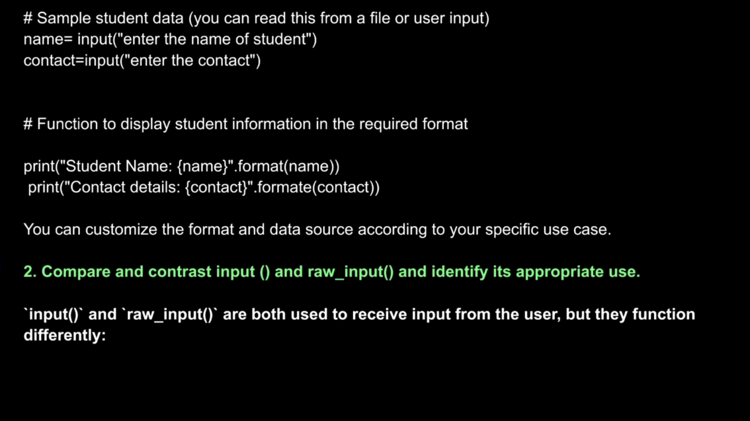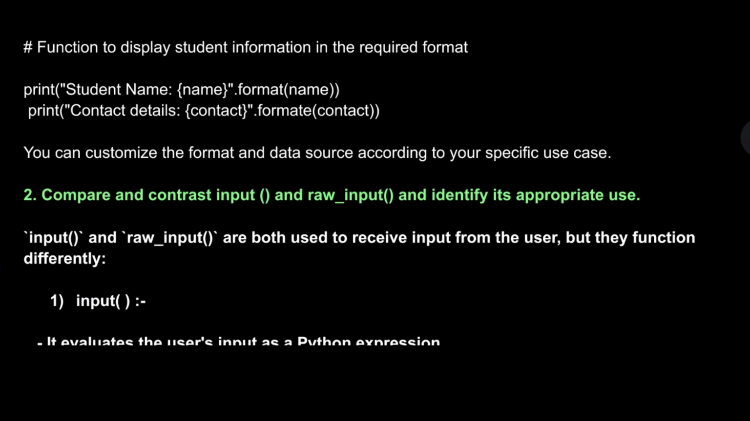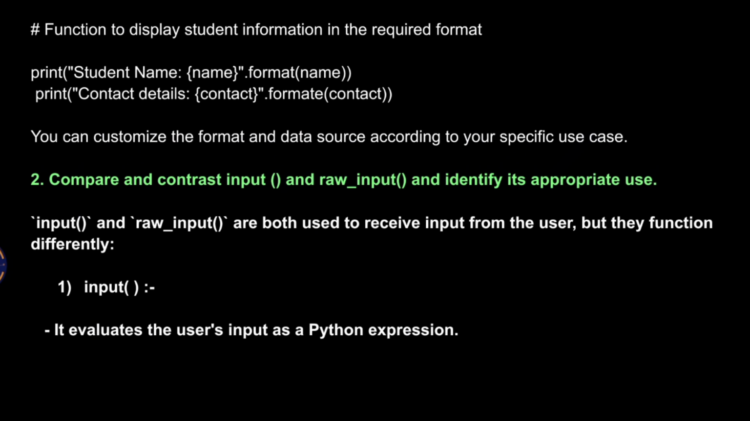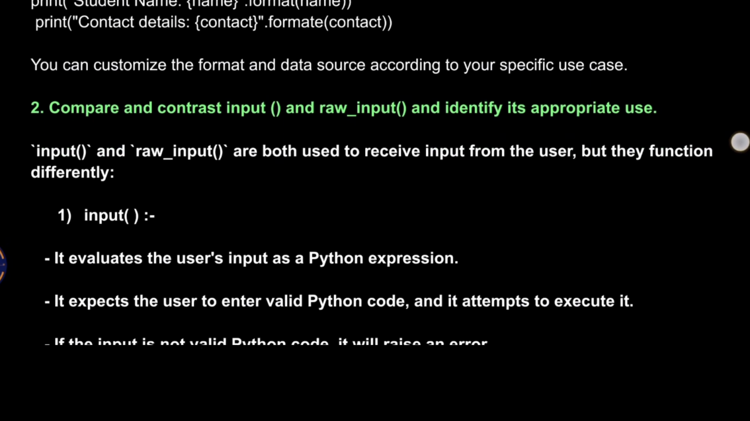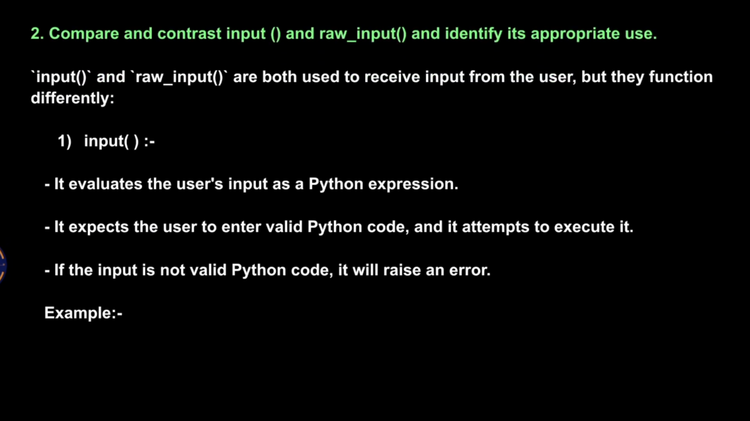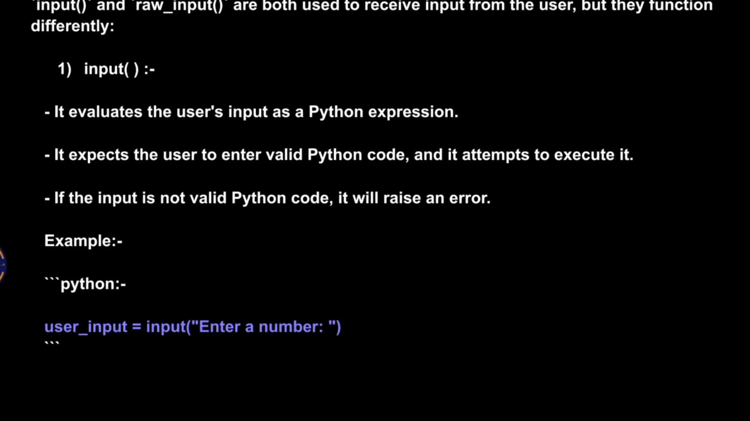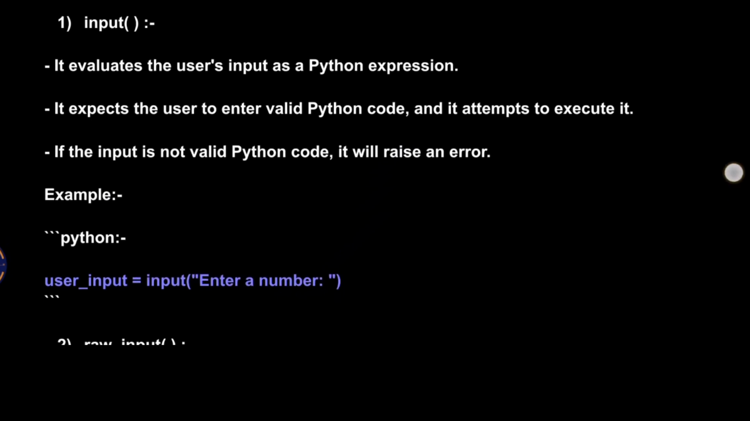2. Compare and contrast input and raw_input and identify its appropriate use. input and raw_input are both used to receive input from the user, but they function differently. input evaluates the user's input as a Python expression. It expects the user to enter valid Python code, and it attempts to execute it. If the input is not valid Python code, it will raise an error. Example: user_input = input("Enter a number")